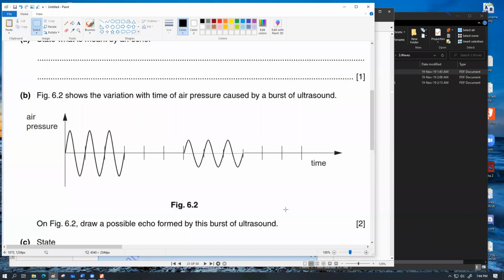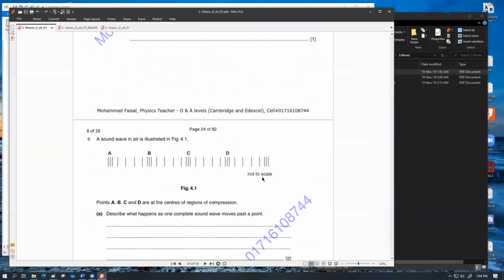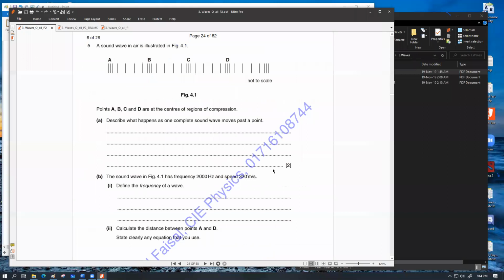বুঝা গেছে? Yes sir. এটা একটা কোশ্চেন ছিল।